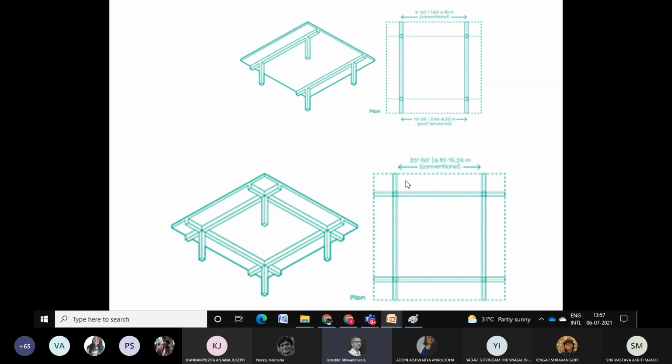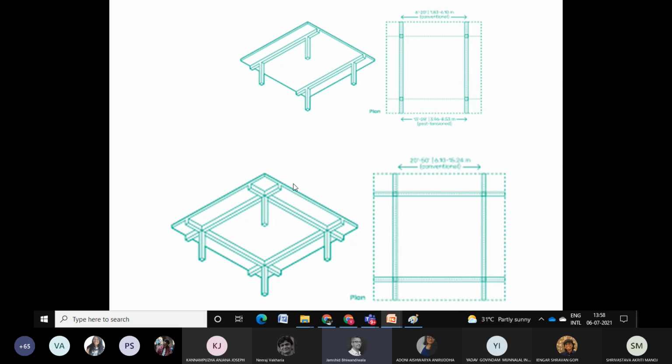There is nothing like a short span and a long span. That means I can comfortably say that a one-way slab system is considered to be rectangular-ish, and a two-way slab system is considered squarish, more or less. It can be squarish, it can be rectangles. Bottom line, there are no limitations in the span. But naturally, when there are no limitations, the spans can go beyond 3 meters. Between 3 and 6 meters is considered to be comfortable.